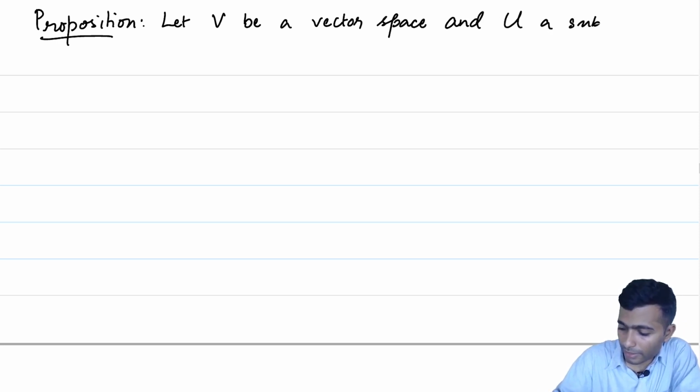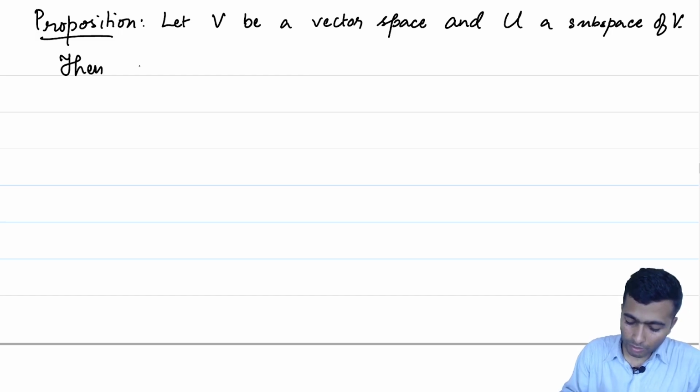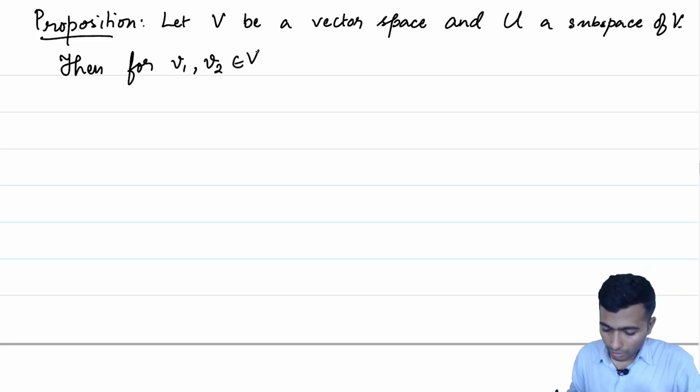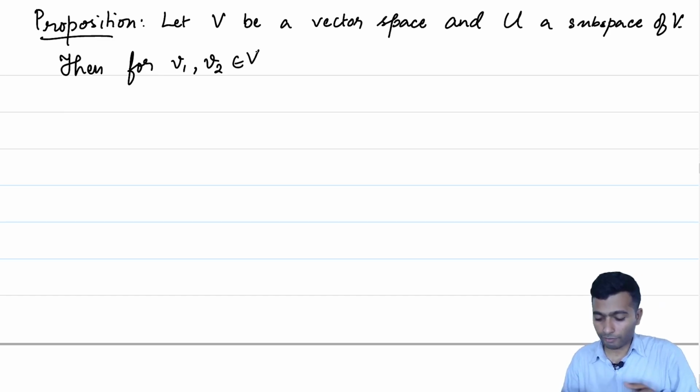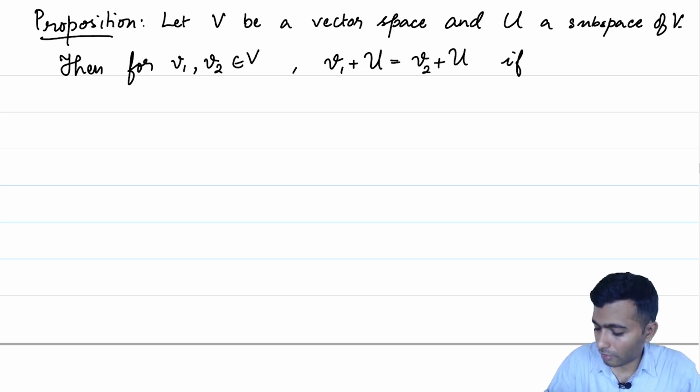U a subspace of V. Then for V1, V2 in capital V, let us consider the affine subsets of V corresponding to U obtained with V1 and V2, and let us ask when are they the same. V1 plus U is equal to V2 plus U if and only if, it is a necessary and sufficient condition,